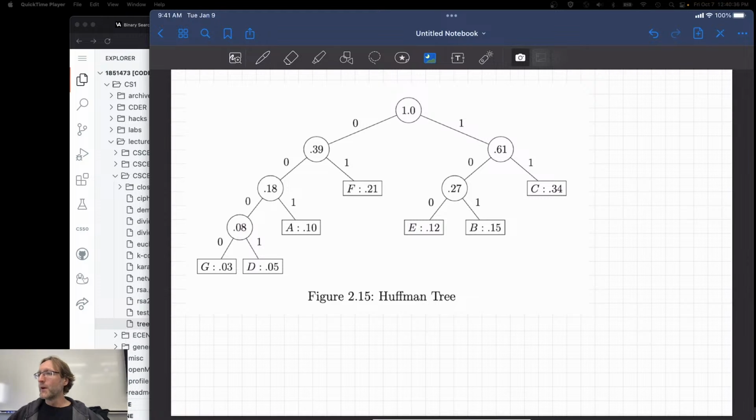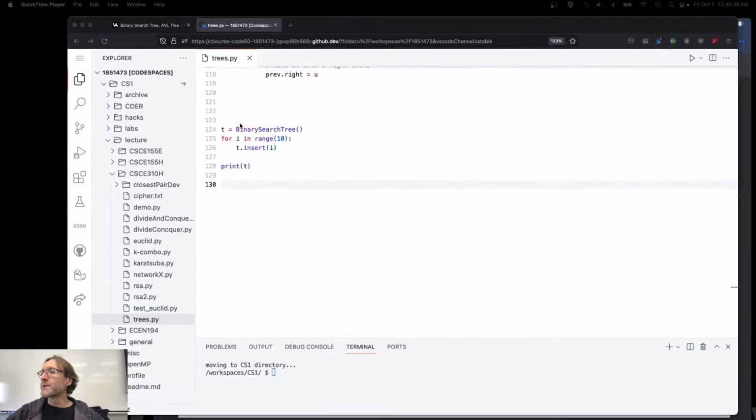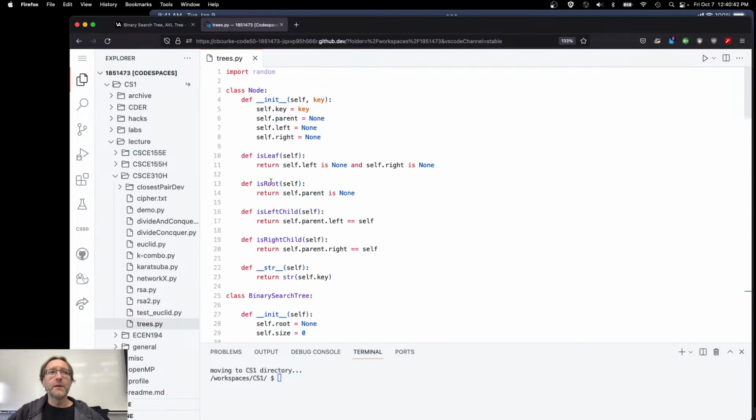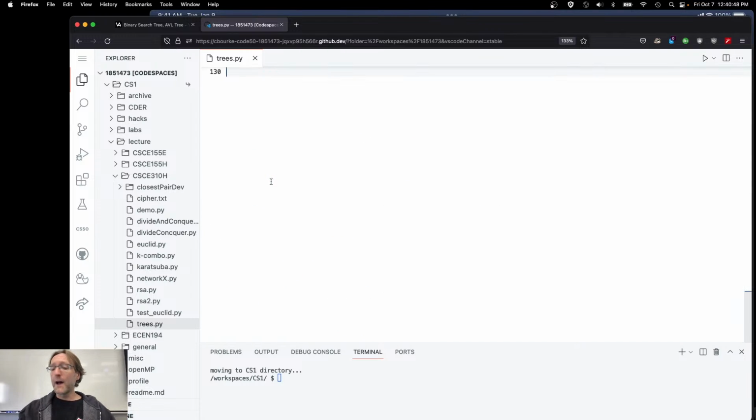Here's our BST, the binary search tree implementation, right? If I had a list of nodes that are the leaves of some tree I built,